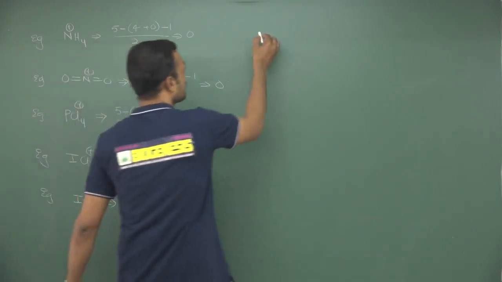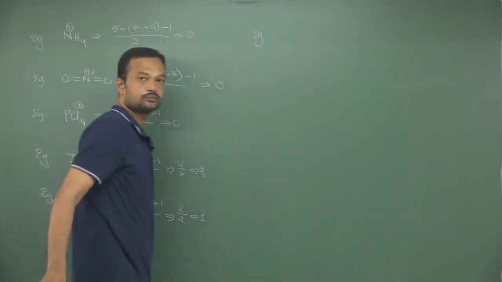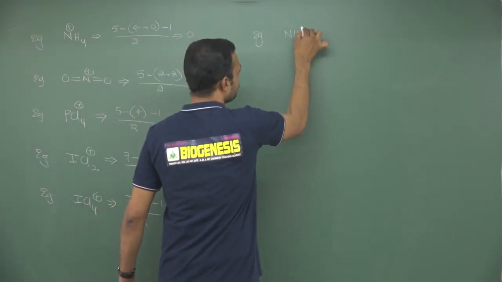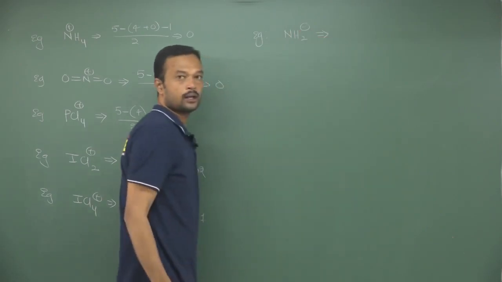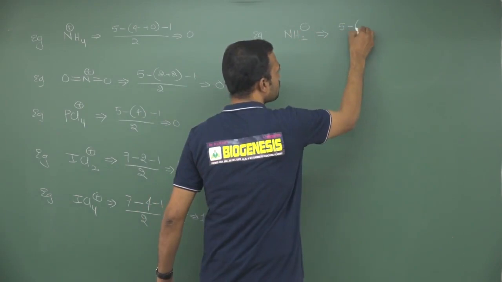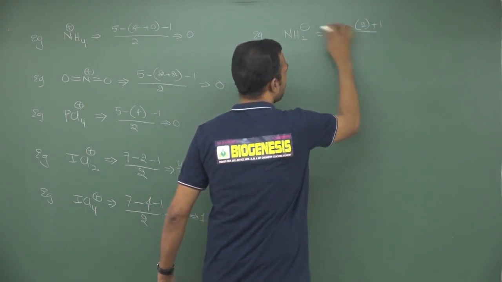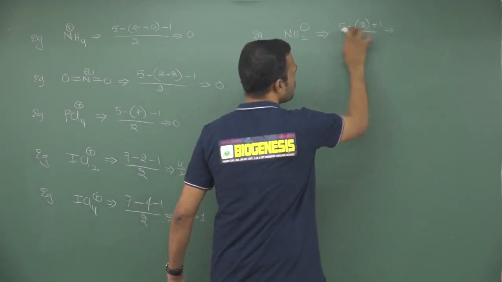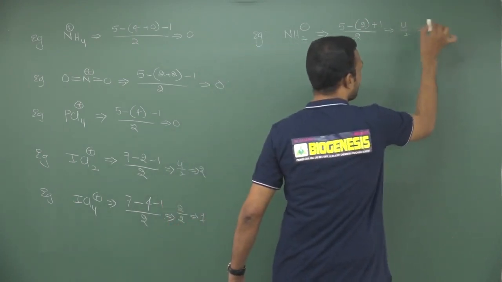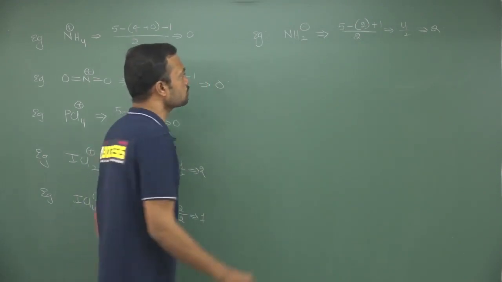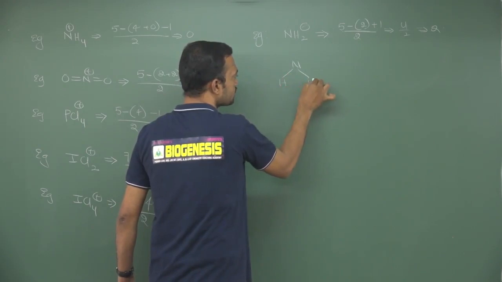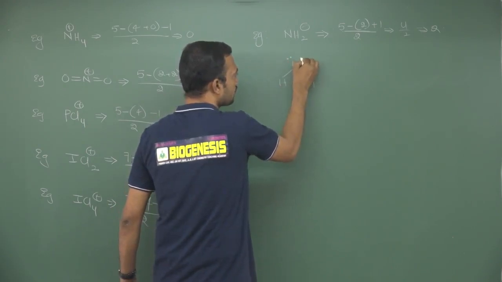You can also try with some anions. Okay, anions also get calculated by using this. See, NH2 minus: nitrogen belongs to the 5th group element and it carries only 2 sigma bonds, that is 2, and plus 1, minus 1 is here, that is plus 1, divided by 2. So 5 minus 2, 3, 3 plus 1, 4. So 4 by 2, that carries 2 lone pairs. So 2 lone pairs means here nitrogen, 2 hydrogens are going to be written like this and we should write 2 lone pairs like this.